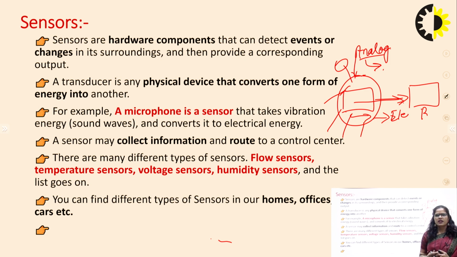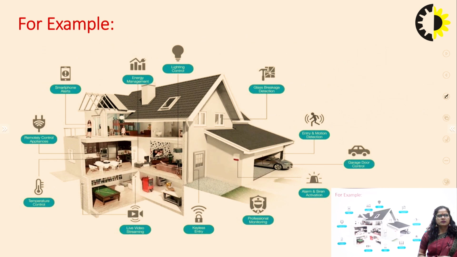Just for example, if I'm talking about the self-driving car, in a self-driving car we do not have a single sensor, we have hundreds of sensors on the left side, right side, at the front of the car, at the back end of the car. So we have a huge number of sensors to perform different kinds of activities, right? So this is the sensors explanation, by which you can understand the core concept of sensors.